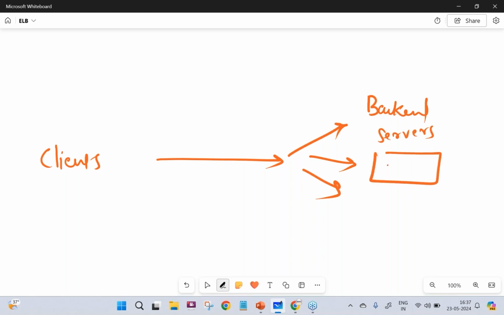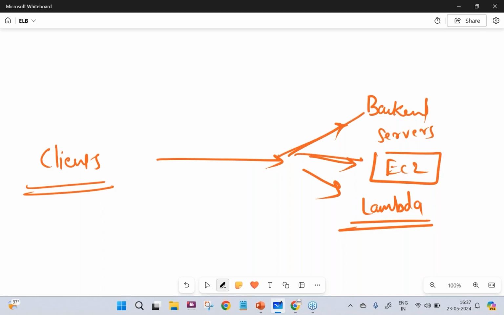Your application might be running on EC2 or it might be running on AWS Lambda. So it takes the connection from clients and distributes it evenly to the backend servers. That is what a load balancer does.